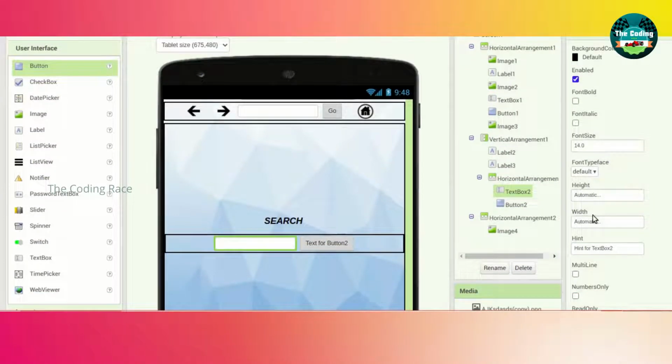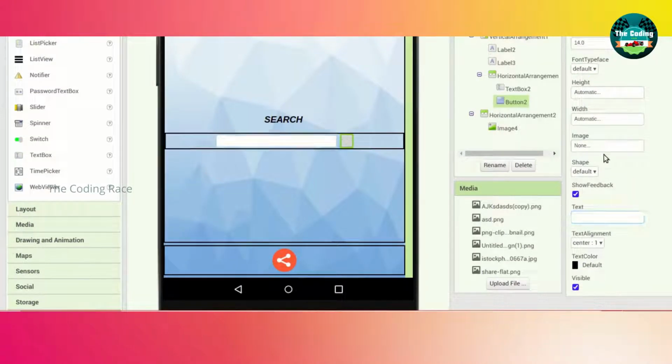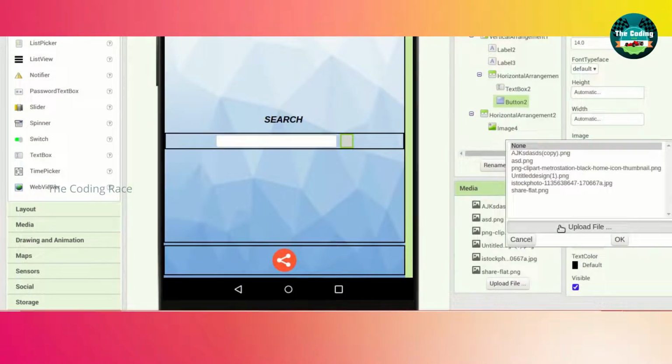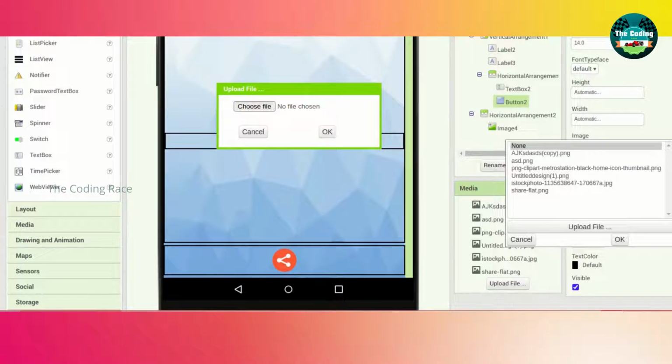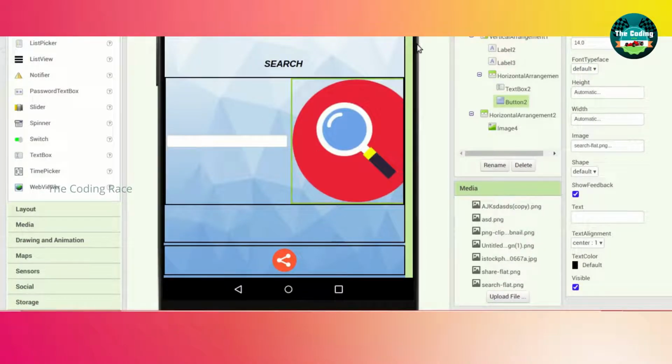Just click on that text box. Width will be 60. Is that perfect? Oh, I think 50 is perfect. Yeah, that's perfect. Yeah, just click on that button to erase the text and upload an image. I will add one search icon.